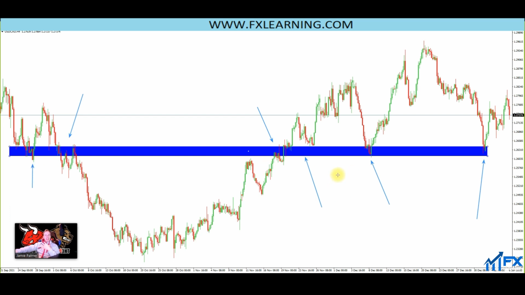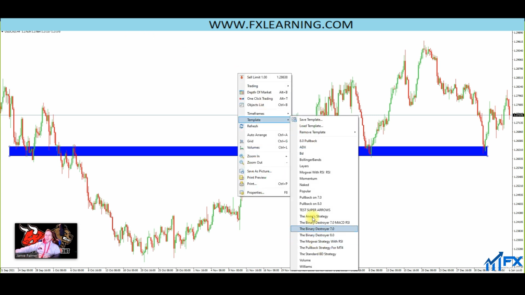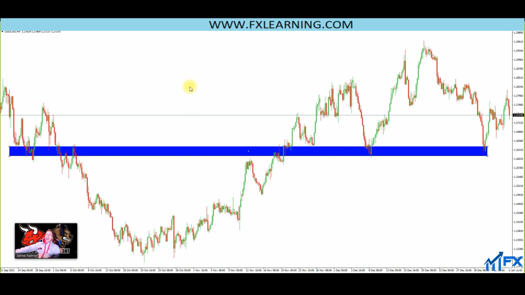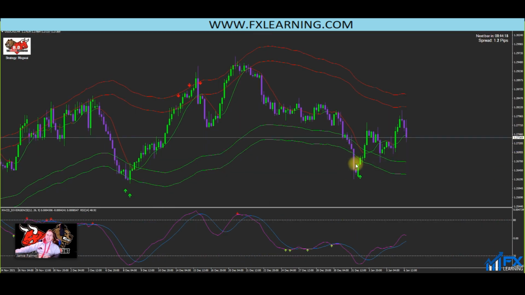So I looked at this support level and I thought, oh great, this could be a possible buy from this support line. Now if we just load up thebinarydestroyer again, back up on the 4-hour time frame, you will see that we had an absolute beautiful buy at this level. MACD went oversold, as you can see here. We popped a Mogwai signal, the TCA lines in the band. It was an absolute beautiful buy